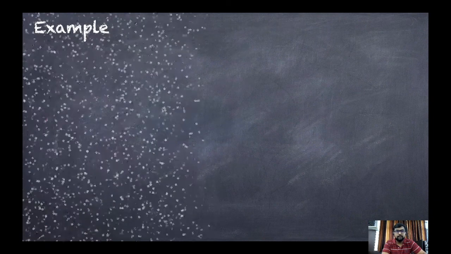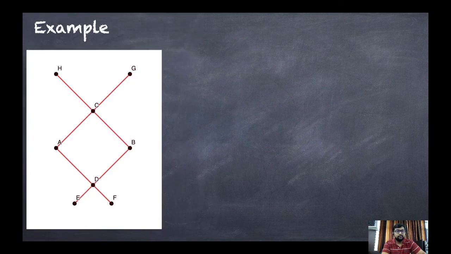Now let us discuss the second example. So consider this type of Hasse diagram. First, the set is ABD. So that means A, B, and D. So consider this. Now first we will find what is the upper bound. So ABD, what will be the upper bound? It will be C, yes, it will be H and G. So in upper bound, C, H, G will be there.